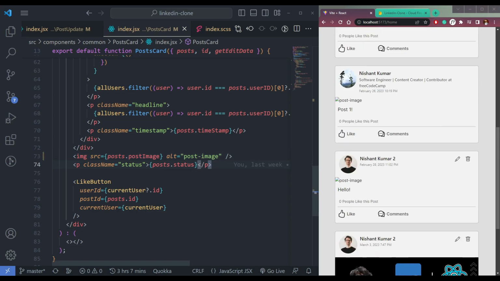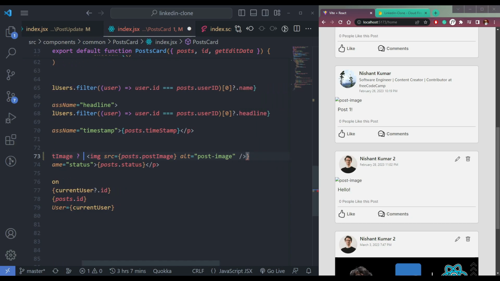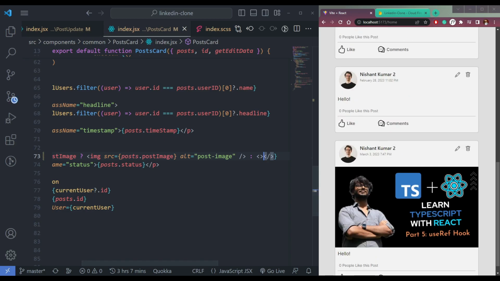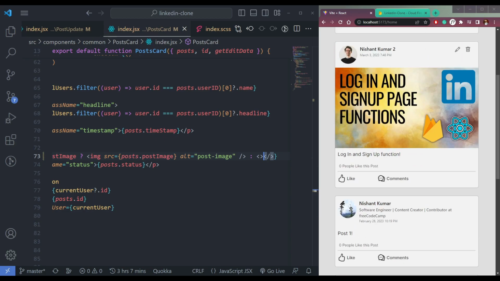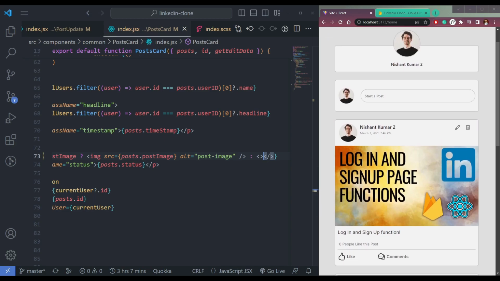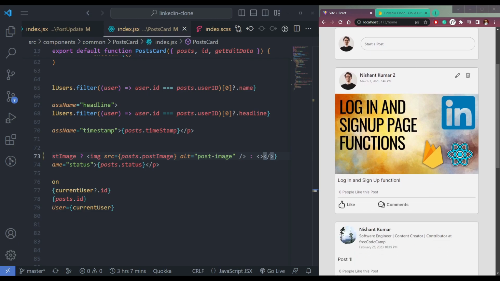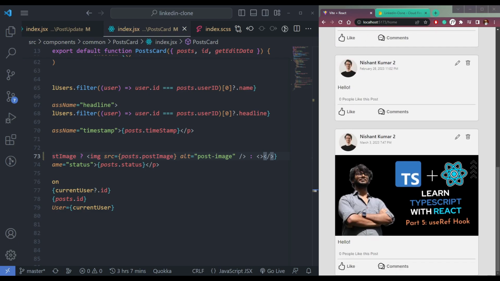Okay, so we will only show this image if we have this, else we will not show it. So we can make an empty fragment here, because if you see in the other posts we had an empty image icon. Fine. So I guess this looks like LinkedIn here. So we can edit this,